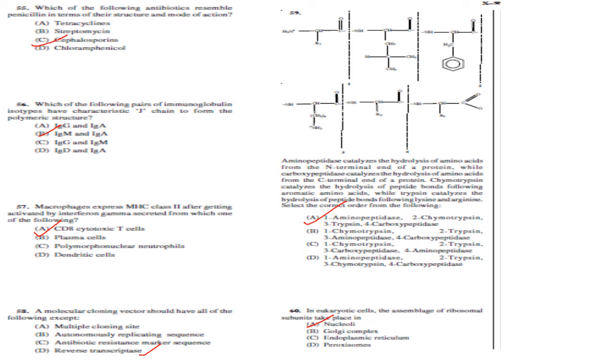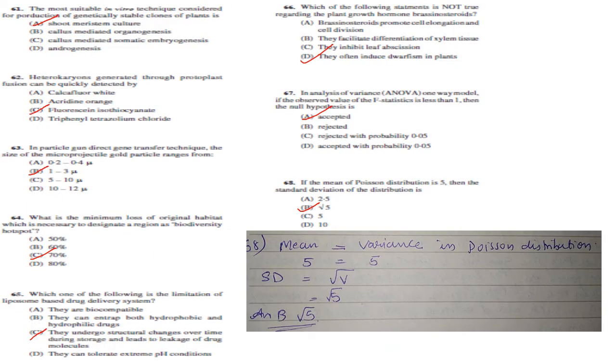Then in eukaryotic cell, the assemblage of ribosomal subunits take place in the nucleoli. Answer is option A. Then next one. The most suitable in vitro technique considered for production of genetically stable clones of plants is, so shoot meristem culture. That is correct. Okay, callus mediated organogenesis